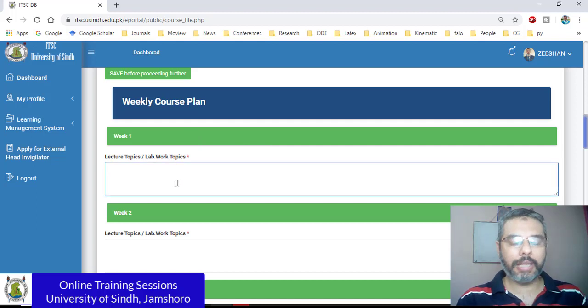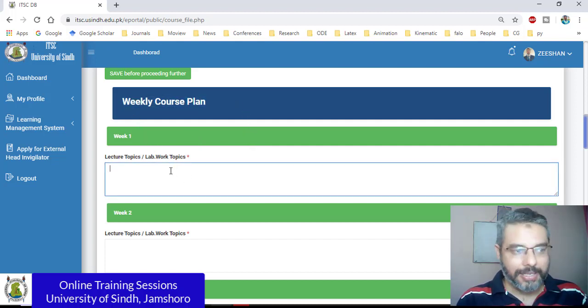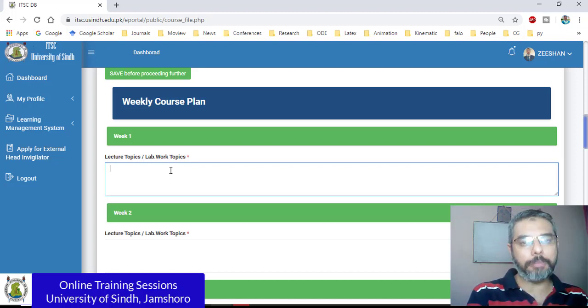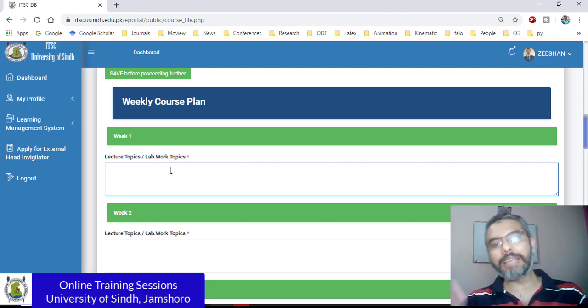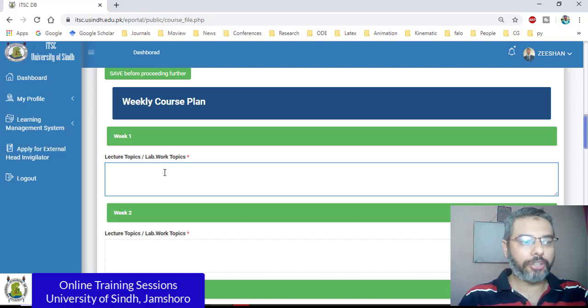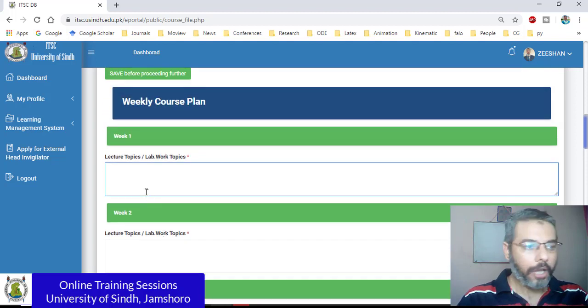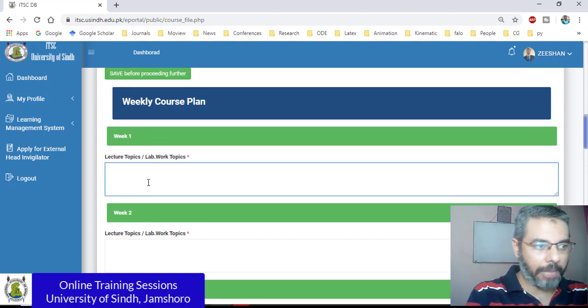Now the last stage within this is providing the weekly course plan. This is again important because based on this weekly plan, we would be able to upload weekly material for each single course. In this case, the lecture plan for week 1, the lecture plan for week 2, and so on and so forth. So for our case, I would say, for example, the week 1, this would be chapter 1,